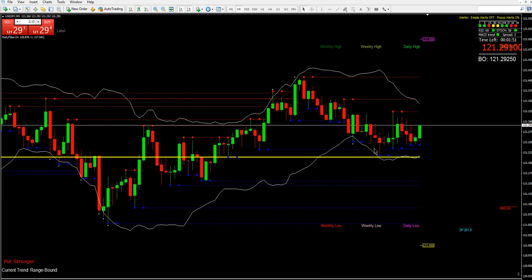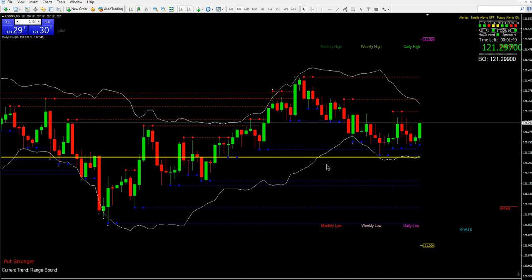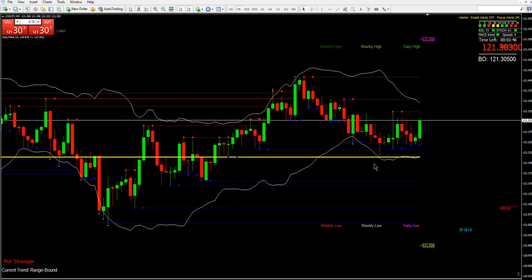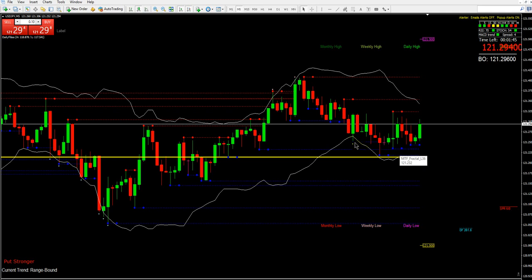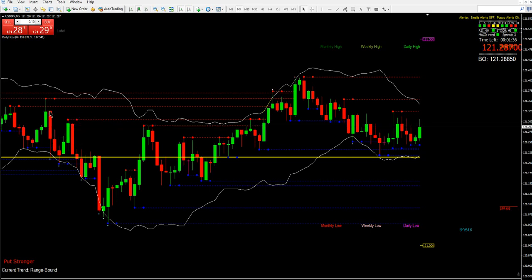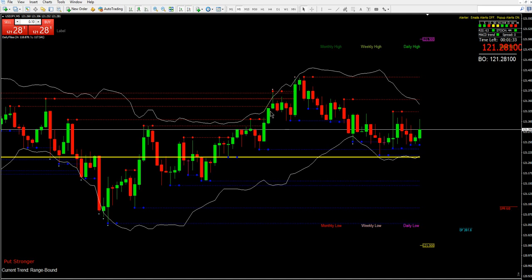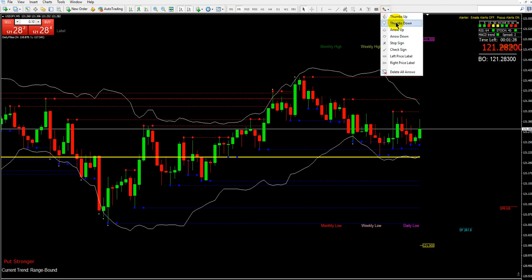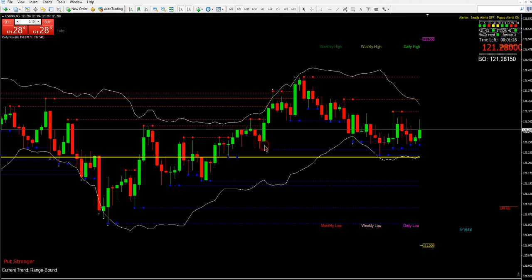What I use fractals to see is lower lows, higher lows when they're breached. If a higher high is breached, for instance, this candle here breached this higher high, then I know it's a warning sign that price is probably going to continue up. This candle was our warning candle right here. Here, let me show you. So this was our warning candle. Does everyone get why this was a warning candle and how I use these little fractals to see that?